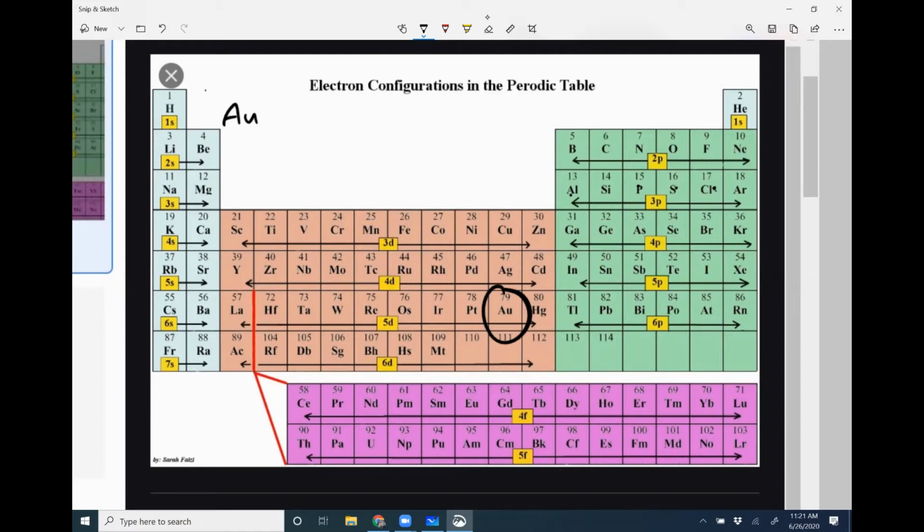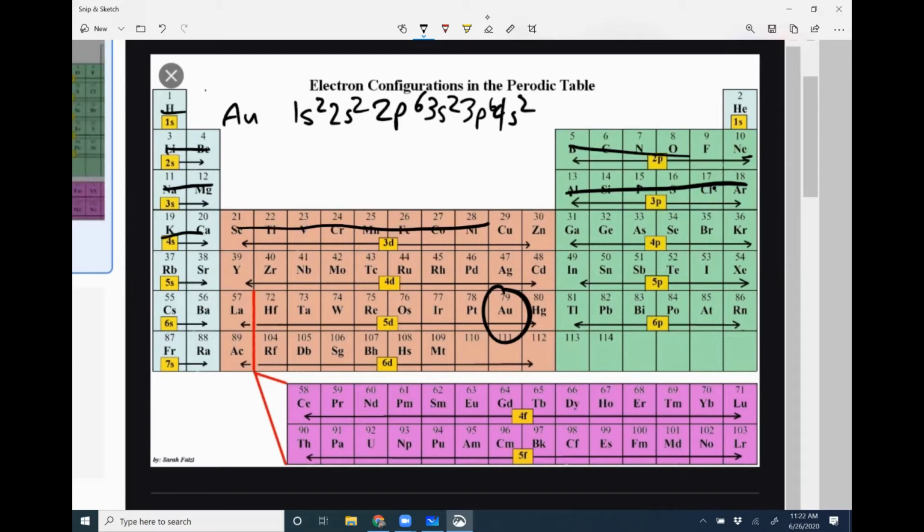Going through, we get 1s2, then 2s2, then 2p6, then 3s2, then 3p6, and we get 4s2. And notice this is 3d, and there's 10 in the d, so 3d10,